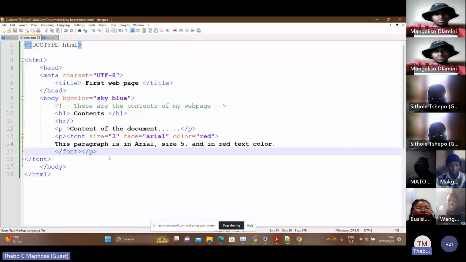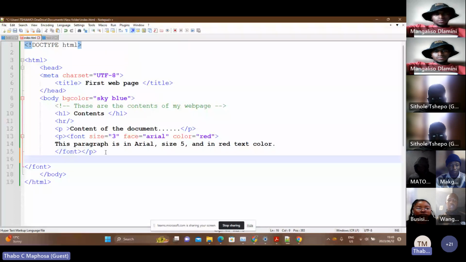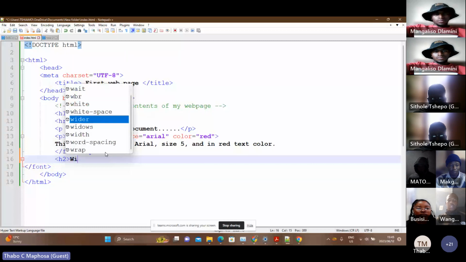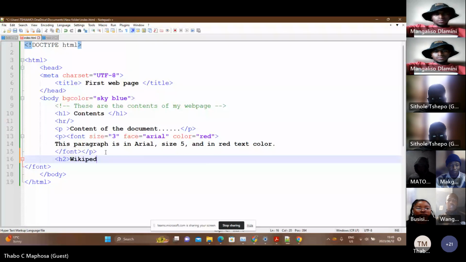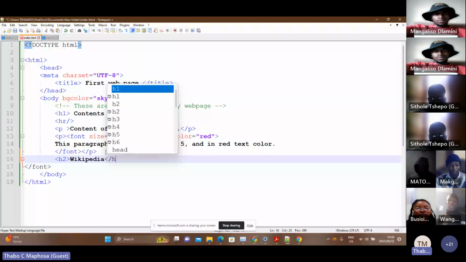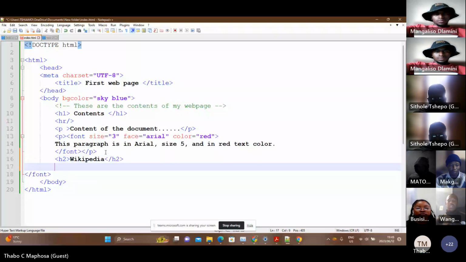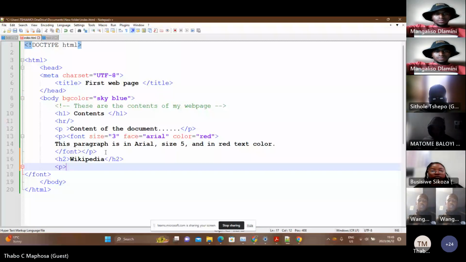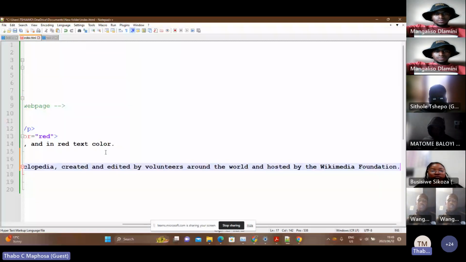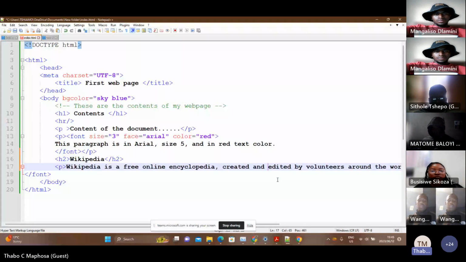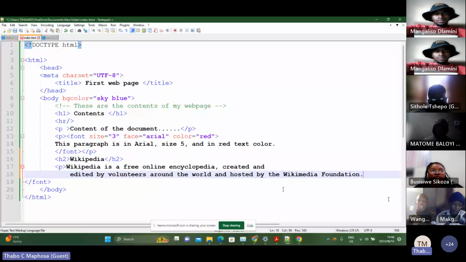And then let's say I want to add a heading, H2, and then I call it Wikipedia. H2, like that. And I put in a paragraph. That was the text that I copied. So I just want to show you something here. Even if I do this to a text and I just come /p like that and I close, notice that the text appears as if I put an enter here.